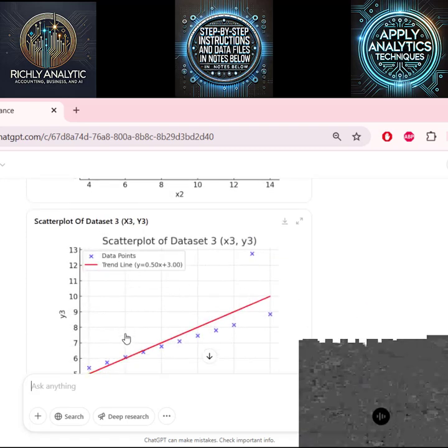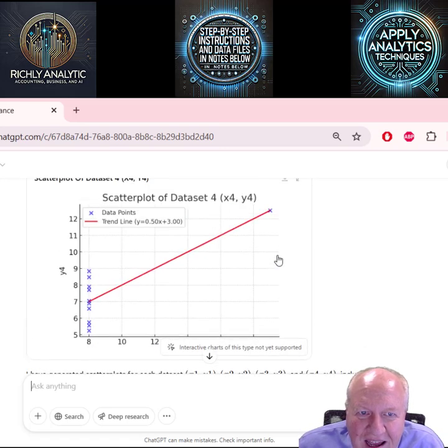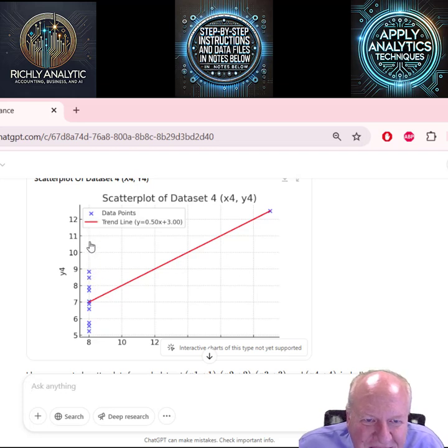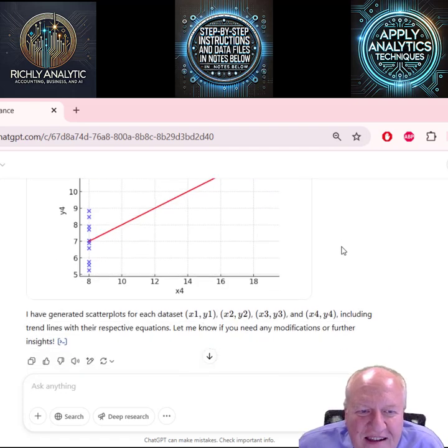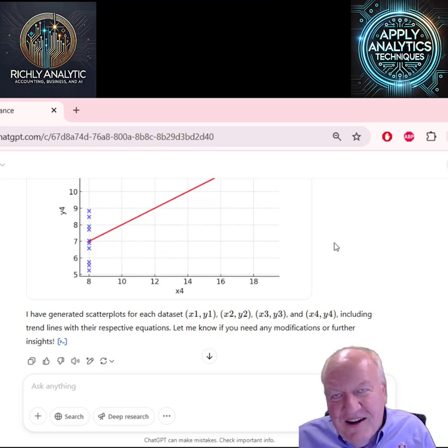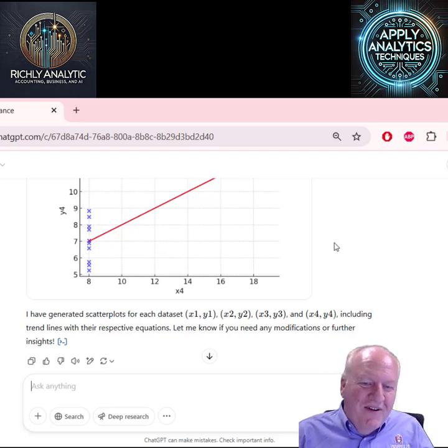The same thing here. Look at this visualization. It looks like it's pretty much on the trend line except for one. And then here's a whole bunch here, and then one way out here. And so what we're trying to show is that Anscombe's quartet really shows the importance of both statistics and visualizations. Visualizations aren't always the right answer. Usually they're much easier to consume, but they don't necessarily provide everything.